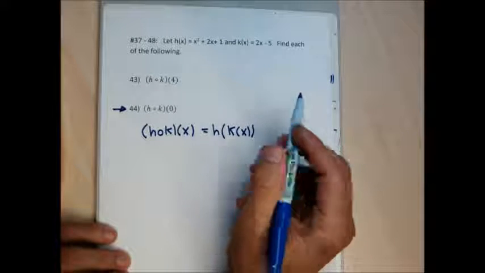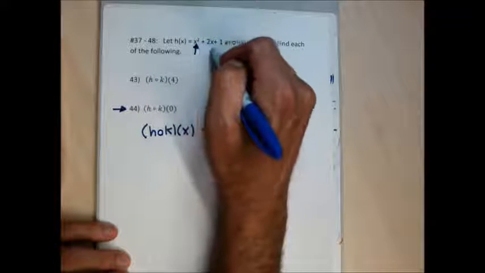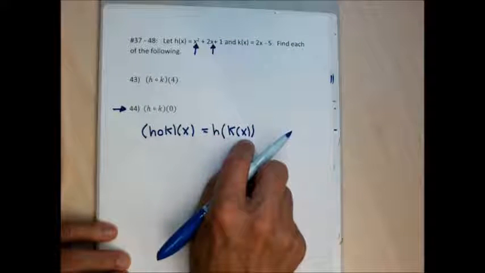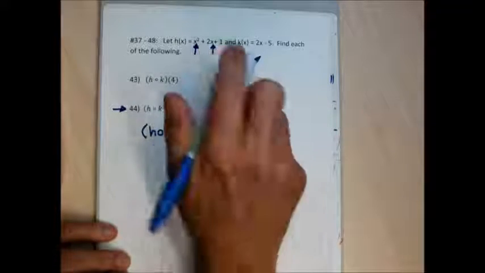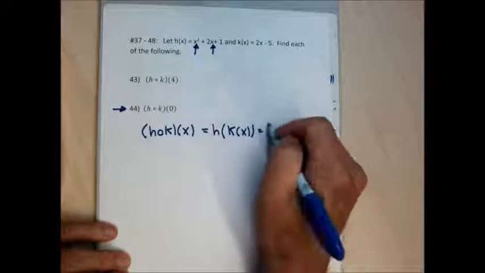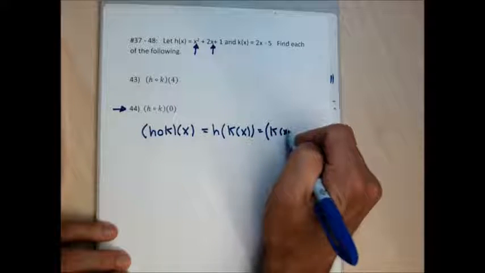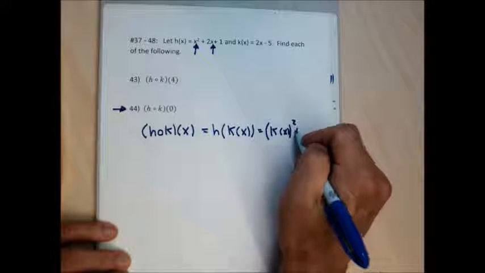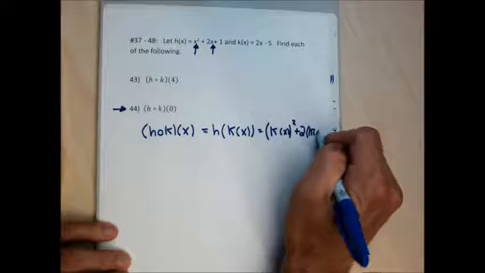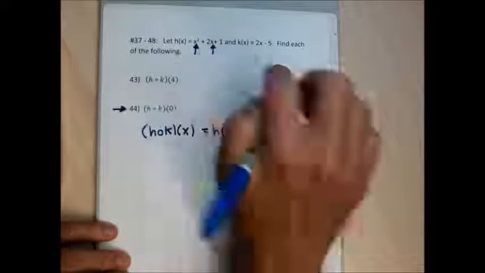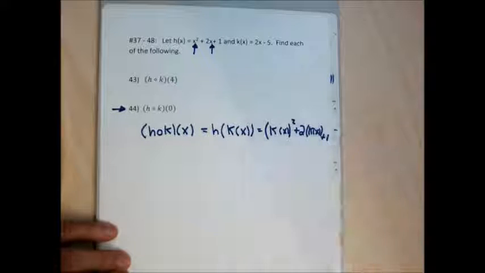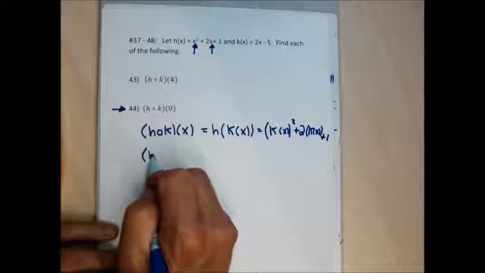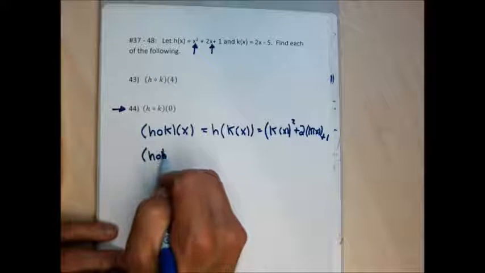To find h of k of x, I'm going to take that x and change it to a k of x, because when you have h followed by a parentheses, whatever is in that parentheses is what the x's get changed to. So this is going to be k of x squared, changing that x to a k of x, plus 2 times k of x, changing that x to a k of x, and then this plus 1 that kind of doesn't fit. So this is my start at this, but it's not good enough to get to an answer,